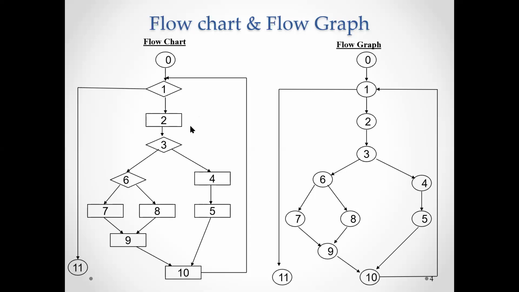In the same manner, if you represent it in the flow graph, whatever statements are there, everything will be treated as one node. A node will be represented by a circle. A circle indicates it's a node. So whatever the rhombus is there and whatever the square or rectangle you have kept, each one will be represented by a circle.